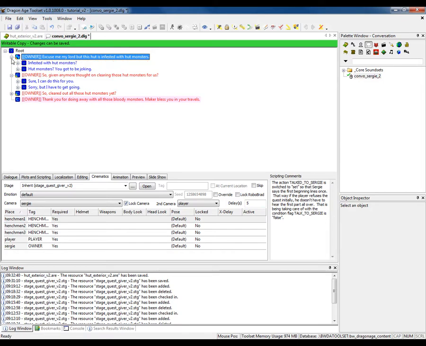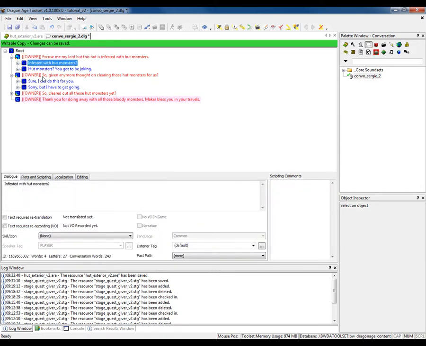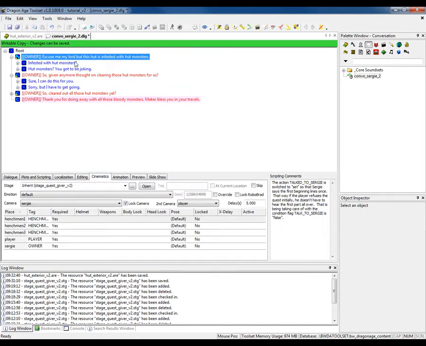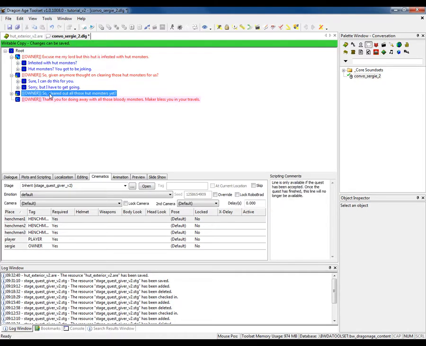It doesn't work with the player conversation ones. There's no cinematic, so you have to set it up in the owner tags. Once that's done, you can go around and customize as you want. Whatever is not customized is going to always use the default camera, which is Sergi. So hit save, close this out,